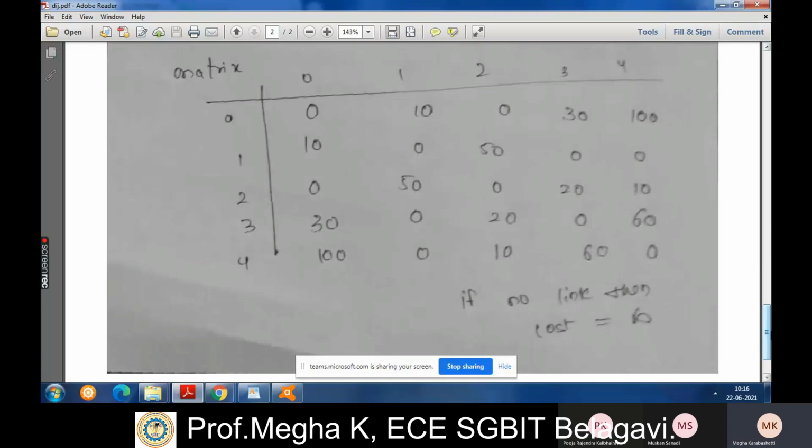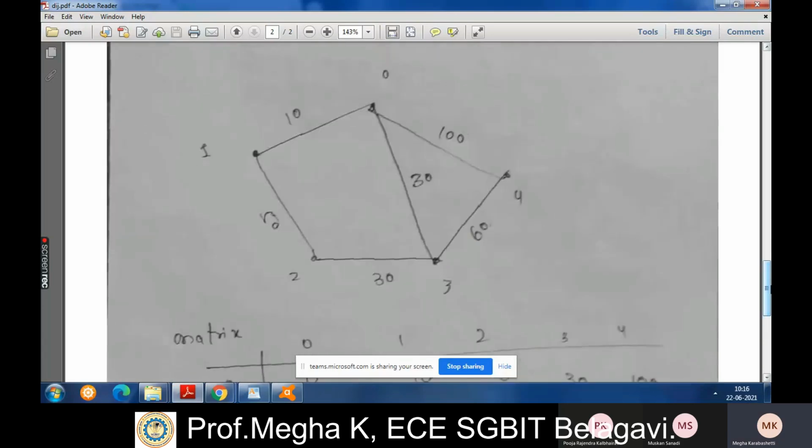That's why, if there is no link between 0 and 2, I have written it as 0 in the adjacency matrix. But in a cost matrix, that value becomes infinity. If the value is infinity, you need to find another route to reach the node, because infinity means a very high cost. But you need to find the shortest path, that means the one with the least cost.